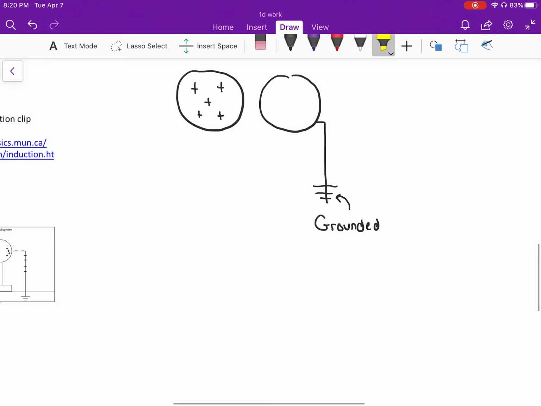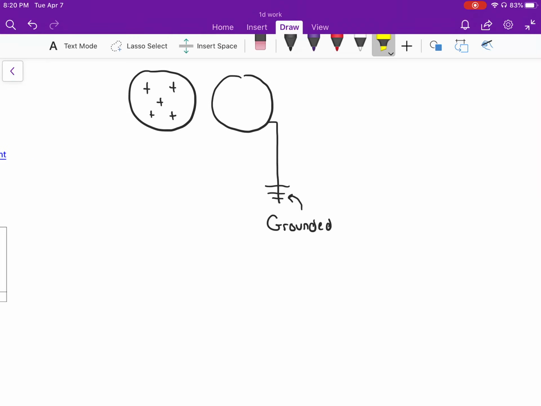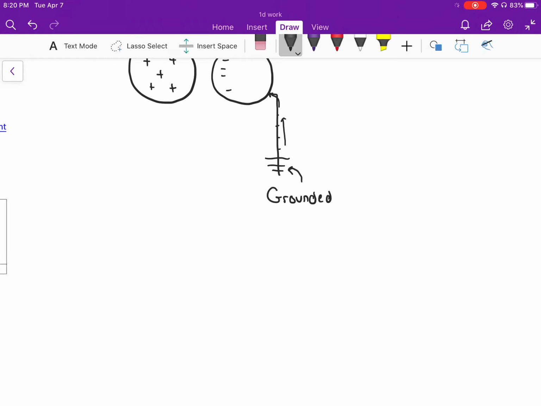So back to our little diagram here, our charging by induction. If we've got a positive object close to something that's neutral, but the neutral thing is grounded, since opposites attract, we're going to get a little stream of negatives coming up out of the ground and into the object. They're going to get attracted. They want to be close to the positive. Then if we're careful and we separate them,